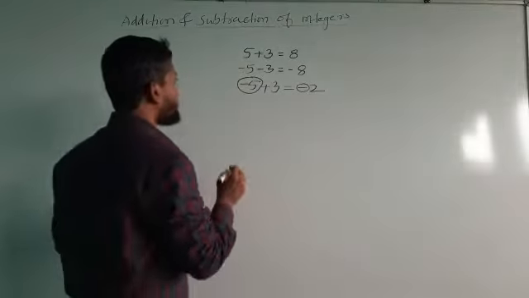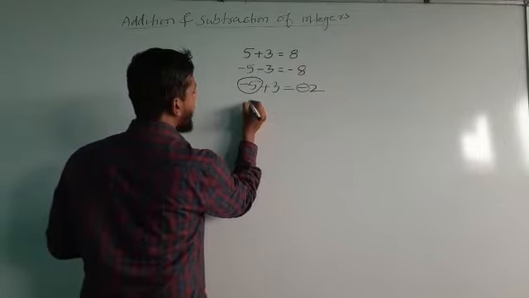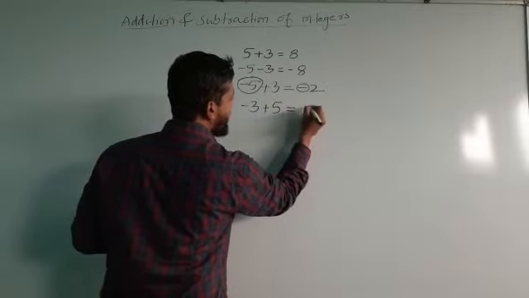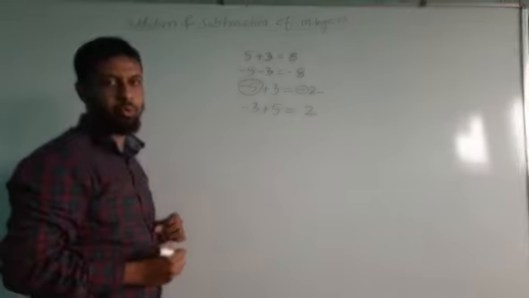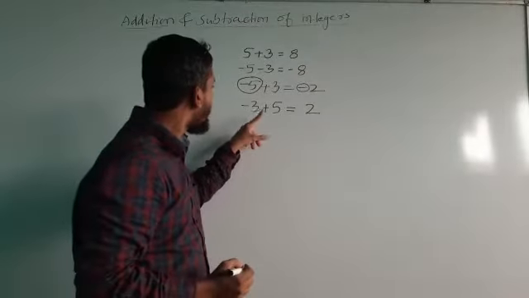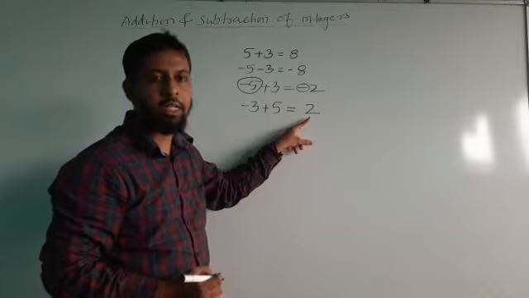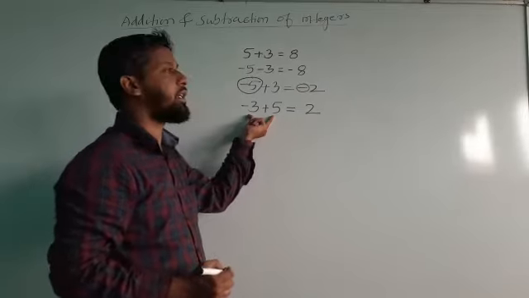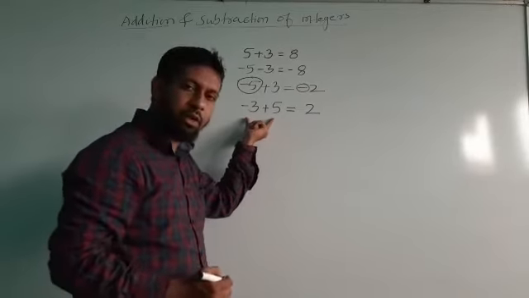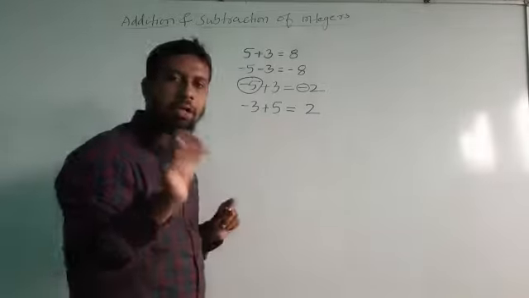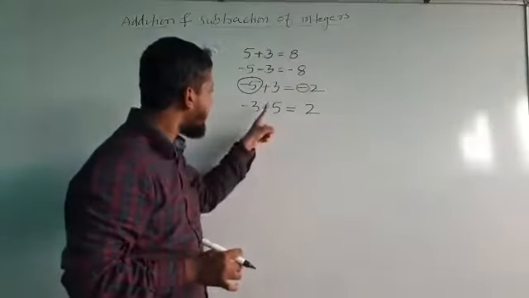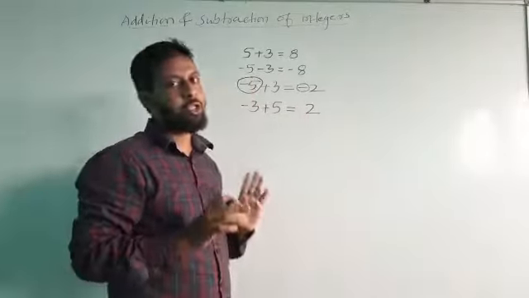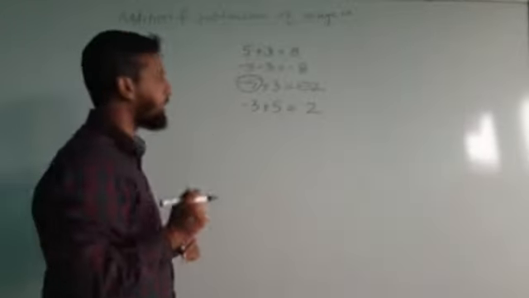This keep in mind. Suppose question is -3 plus 5. Result will be +2. Why? First of all, why we do subtraction? That is important. Because signs are different. Now, if signs are different, we subtract. And we have to take sign of the greater number. Here greater number is 5, its sign is plus. That's why result will be +2. That's important, keep in mind.